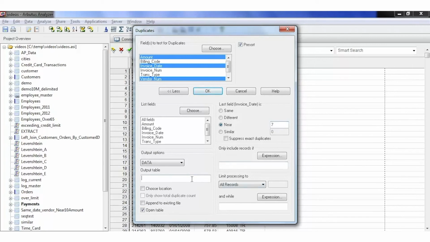And we're going to test this. It's going to be the same vendor, the same amount, and it's near 7 date. Again, I'll turn off the exact duplicates. I'll suppress the exact duplicates because I just want to see the ones that are close, not exactly the same date. When I click on OK,